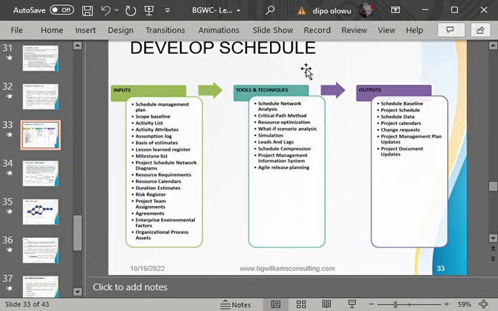So you can see that the output of develop schedule is the schedule baseline. The schedule baseline automatically becomes the approved schedule for the project, which means we can't add or remove anything until there is a change request. Okay, so that is what the schedule baseline is. So the next thing we want to look at is